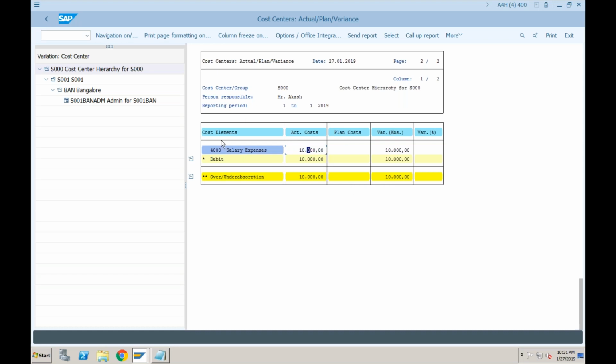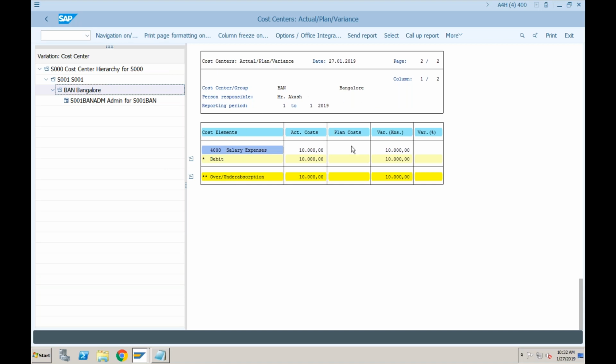Okay, so you can select a particular company code. Let's say for example, as of now, we are looking at the complete group level reporting. And currently we only have one cost center. So hierarchy is very small. But assume that this is your cost center hierarchy for a big corporate group. You'll be having thousands of cost centers here. So very easily you can just go to the particular company code or a particular cost center and reports will be modified according to your requirements.